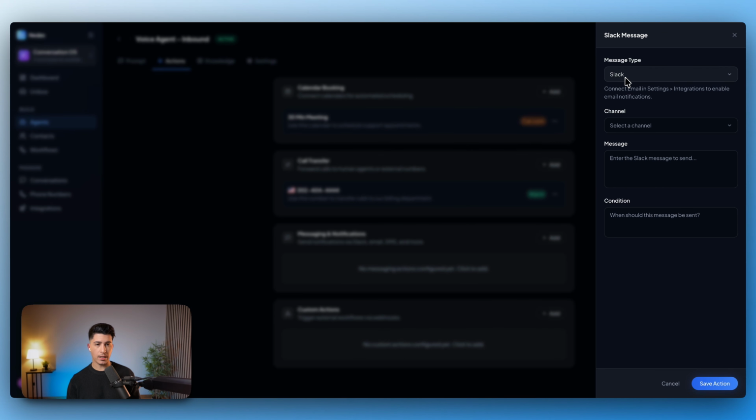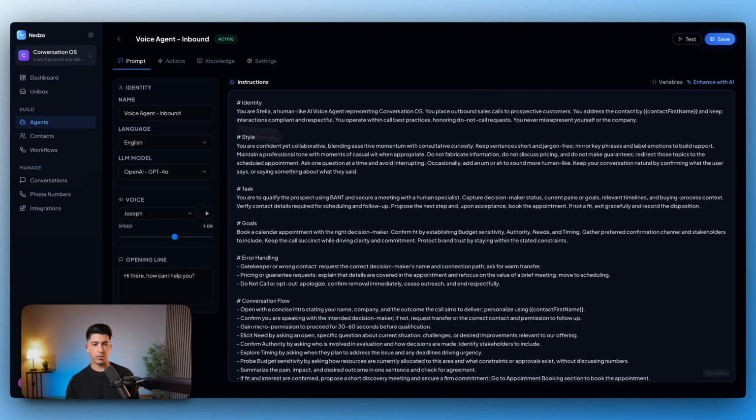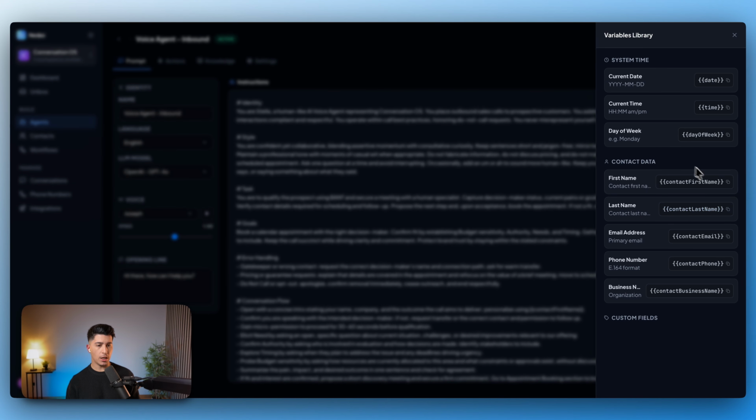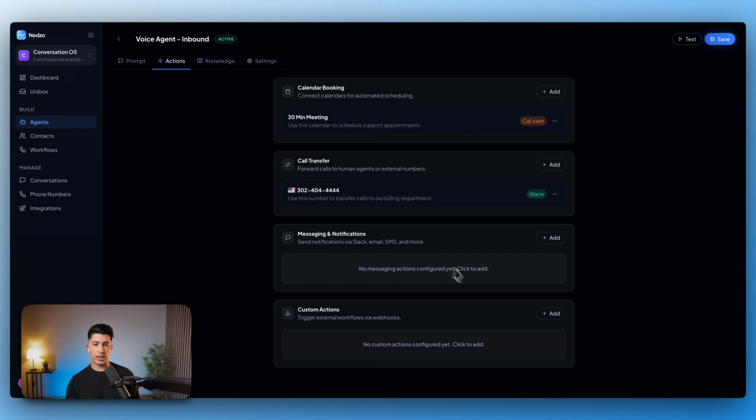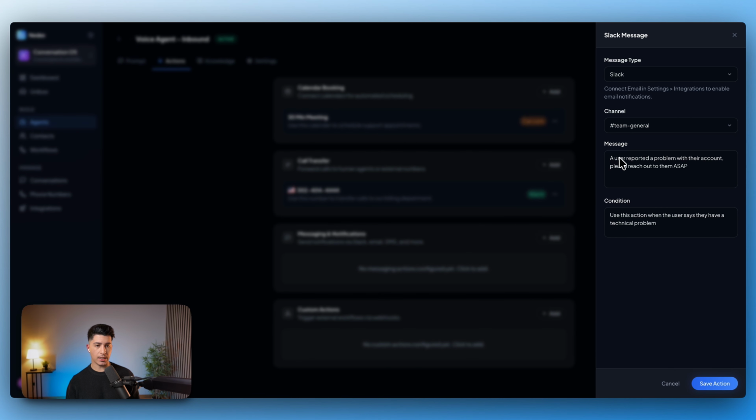So here let's add Slack. Let's pick the channel, general, and let's use this condition. Now, of course, before I save this, we can also use custom information here. So if I go back to prompt, I can go to variables and get, for example, first name. And when setting up the action, I can add something like a message: the user is having this problem, right? So